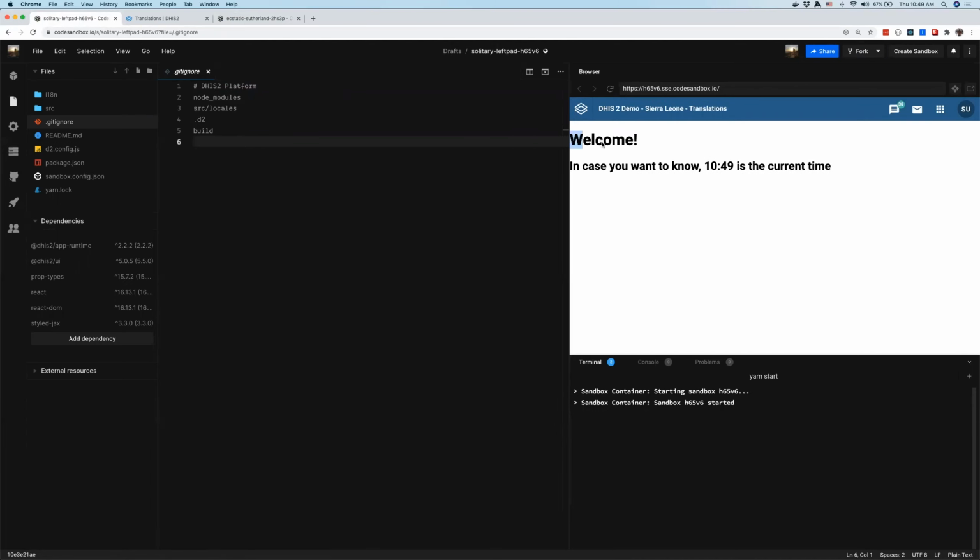Oftentimes that will happen when the server is in the process of being restarted. So 502 is actually a gateway error, and that means that the server behind the gateway isn't running yet. So while the server is restarting, sometimes you'll get a 502, but it should clear itself up if the server